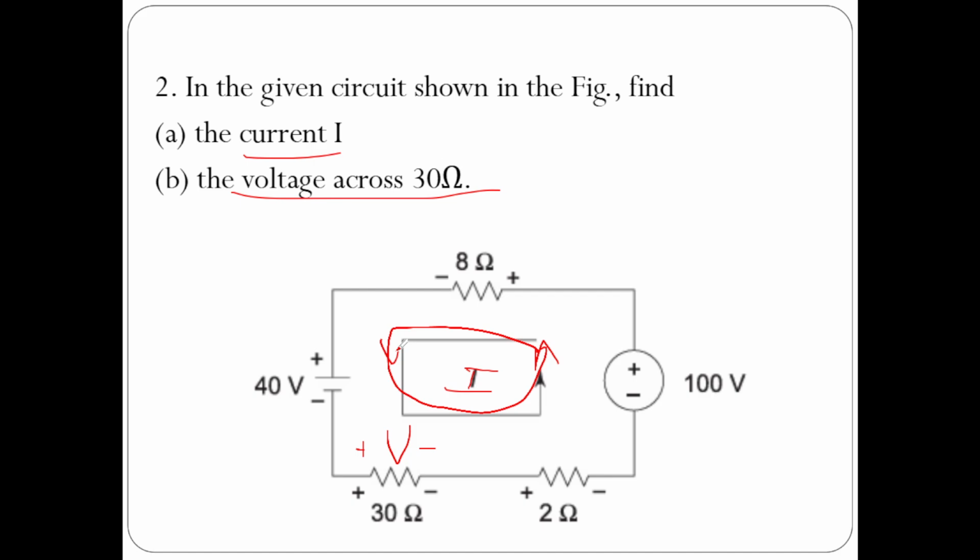So according to Kirchhoff's voltage law, the algebraic sum of source voltages. Here the currents coming out of these sources are in opposite direction, therefore differential voltage you must consider. So 100 minus 40 is equal to the voltage drops across the resistors. So this is 8 ohms resistor, 30 ohms resistor, 2 ohms resistor. What is the voltage drop across 8 ohms? That is I, loop current I into 8